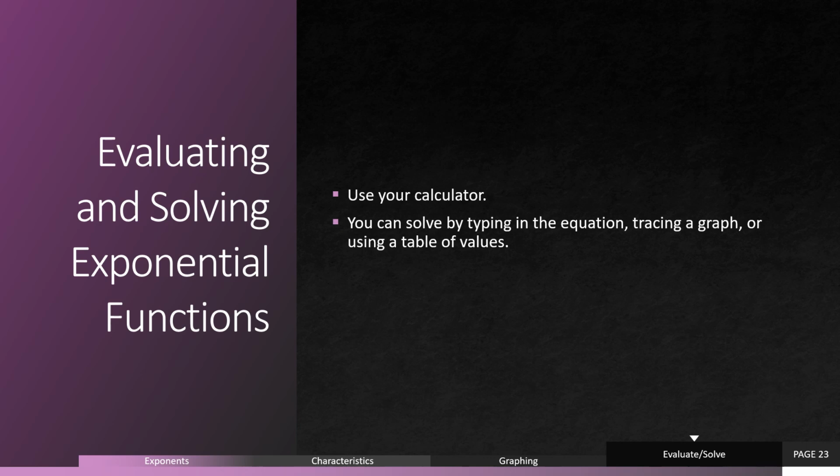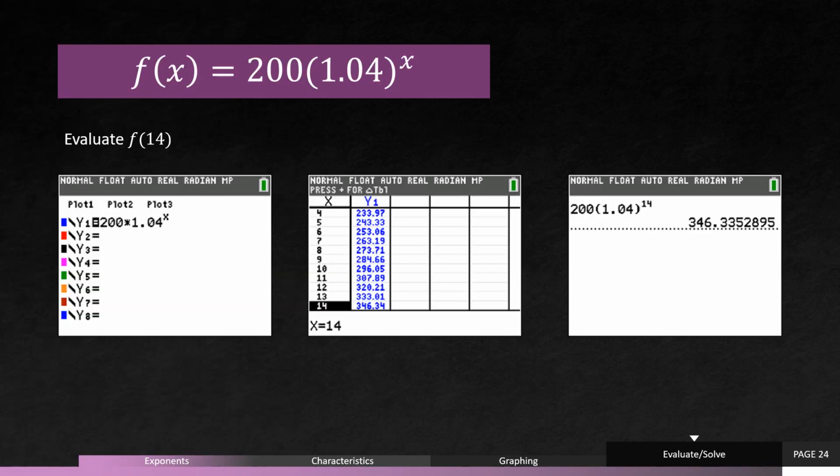So let's look at what I mean by that. For this, and here are the calculator steps, we have f of x equals 200 times 1.04 to the x. It says evaluate f of 14. Definitely on the last screen, you can see where I could just type this in, and I would have 200 times 1.04 to the 14. And if I'm rounding this, you would say that is about